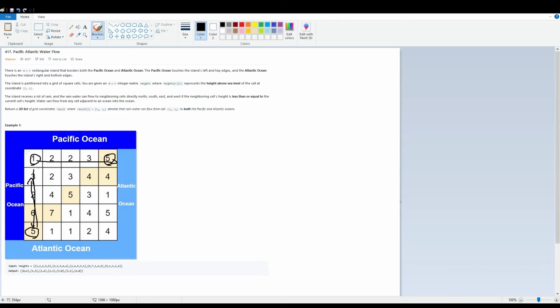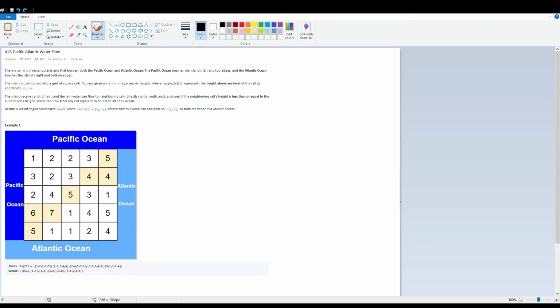Okay, so why not just check those edges, just the edges, not every cell? For example, this guy can flow here, because instead of at the edges we're checking if it's greater than or equal, and this guy can flow here. These paths indicate 5 can drain here and here. And so where am I going with this? Well, if we record the path